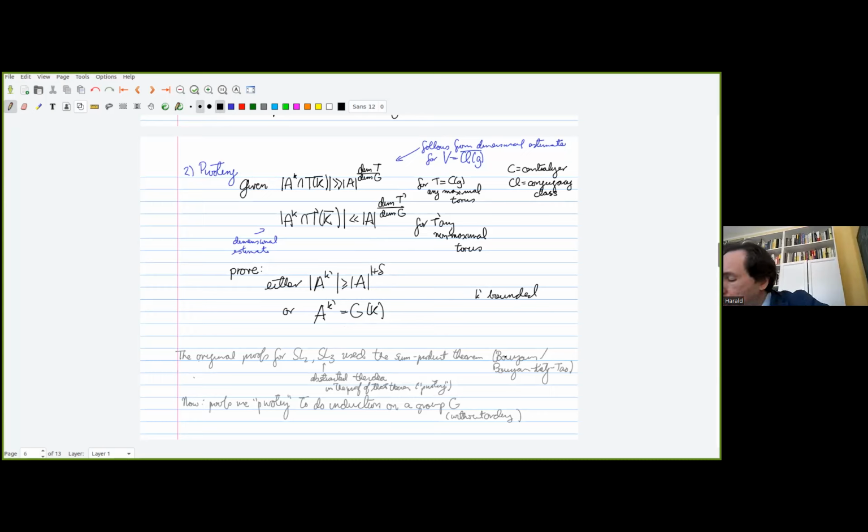The original proofs for SL2 and SL3 use the sum-product theorem by Bourgain and Bourgain-Katz-Tao. It's really Bourgain's part, which is also in his separate papers, which is really important here. But then, yeah, you could live just with that. But then it became clear to me that you had to abstract the idea in pivoting. I didn't have quite the right abstraction, or I had something that was useful for solvable groups, but